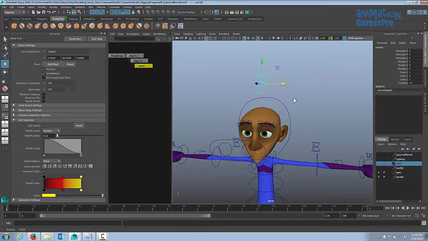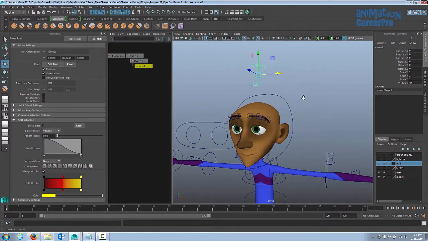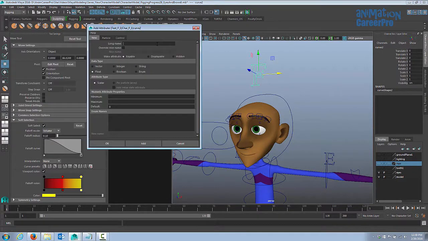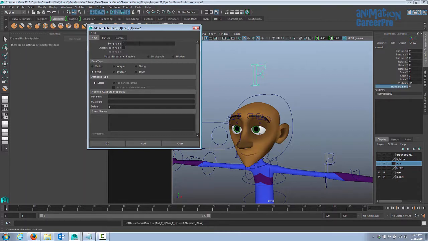Alright, so let's create our first attributes. We're going to create the attributes for the eyelids. So we'll go to modify, add attribute. I'm going to do a displayable attribute that is just going to be like a title head. So I'm just going to call this, we'll call it standard blink. Add. Now we're going to actually create the keyable attribute, and we'll just call this one blink. And we'll leave it on keyable. So this will be to blink and to open the eyes really wide. So the minimum can be -10. We're just going to go with -10 and 10. And we'll leave the default on 0, and that'll be where his eyes are now, just the default. Add that.